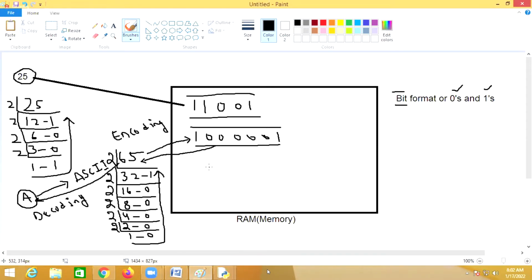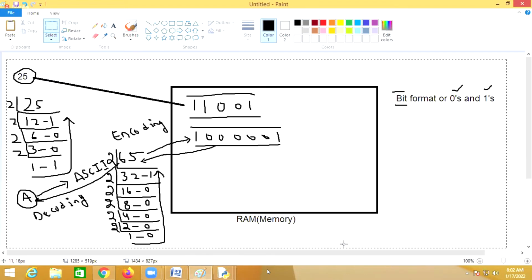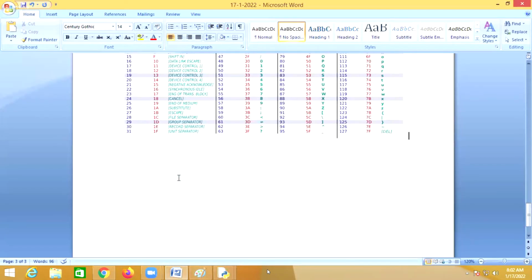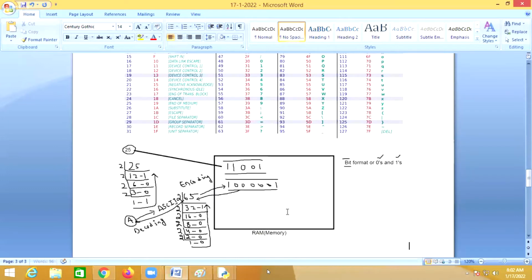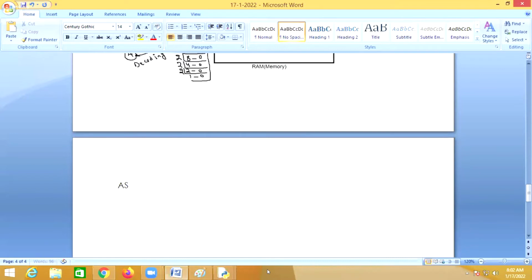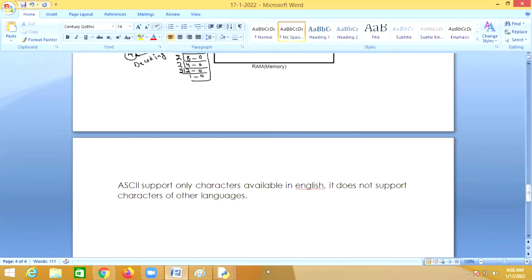ASCII supports only the characters available in English, but it doesn't support characters of other languages.